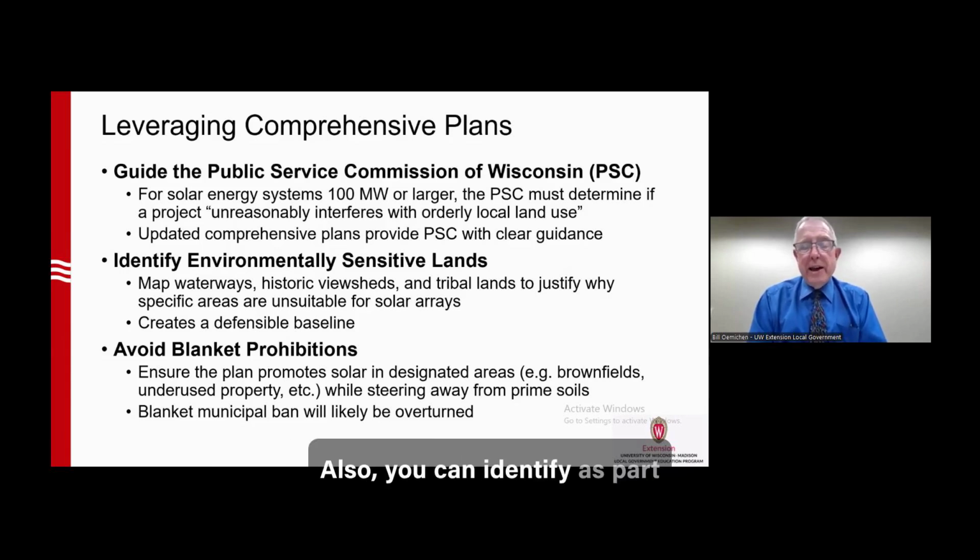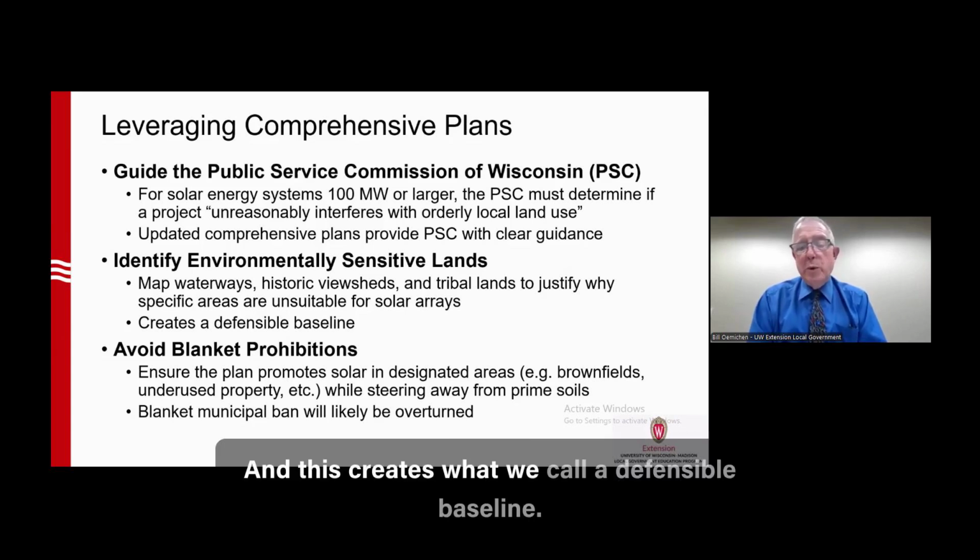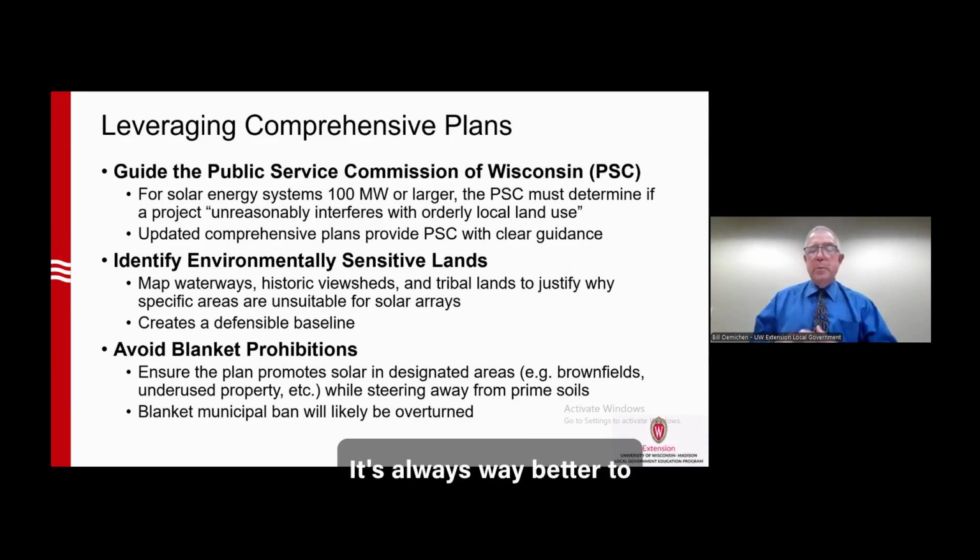Also, you can identify as part of that, and I already alluded to this a little bit, environmentally sensitive lands. So you can map your waterways, historic watersheds, tribal lands to justify why specific areas may be unsuitable for solar arrays. And this creates what we call a defensible baseline. It's always way better to point out what's suitable within your community and what's not suitable in your community before